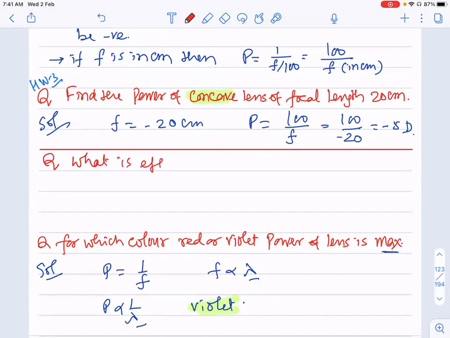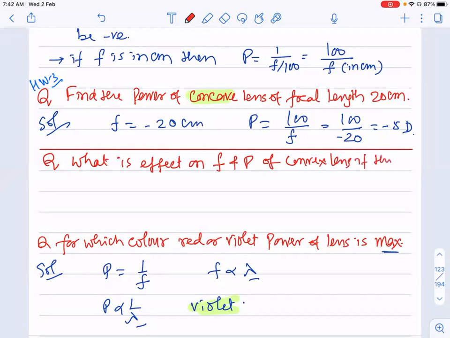What is the effect on F and P of convex lens? वो दोनों lenses के लिए होता है. सेम आंसर रहेगा दोनों lenses के लिए, but we avoid confusion of minus है ना, इसीलिए convex lens का दे रहा हूँ. What is the effect on focal length and power of convex lens